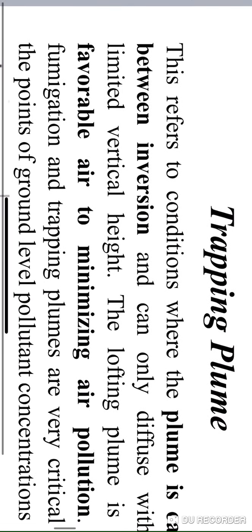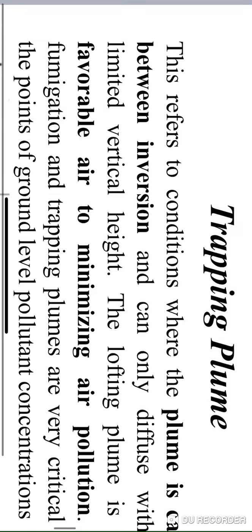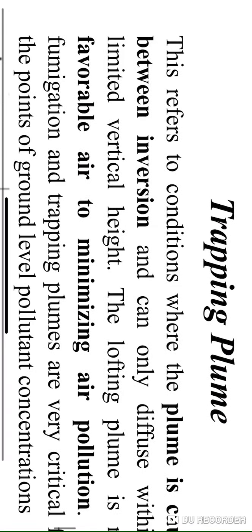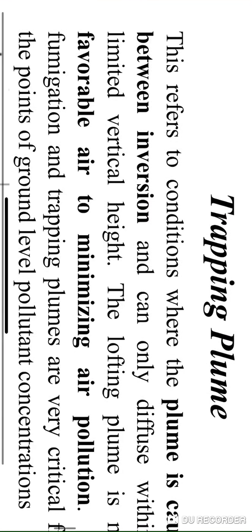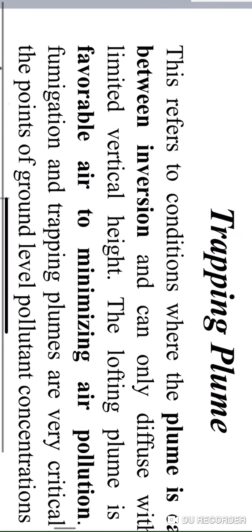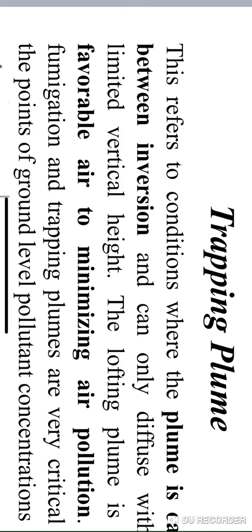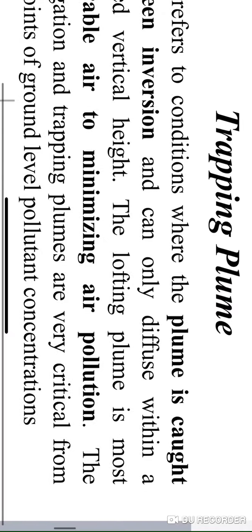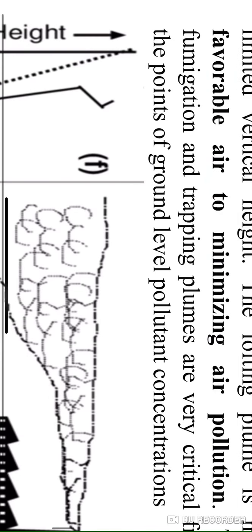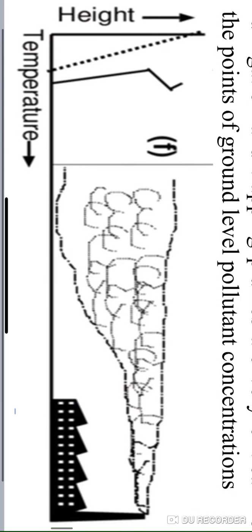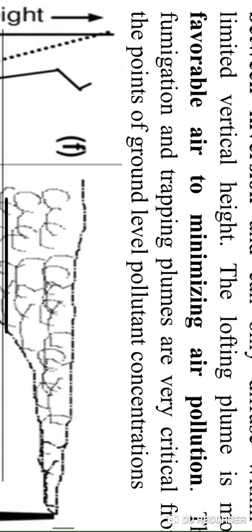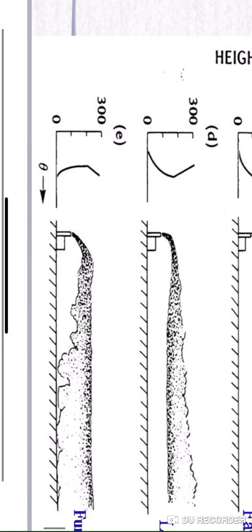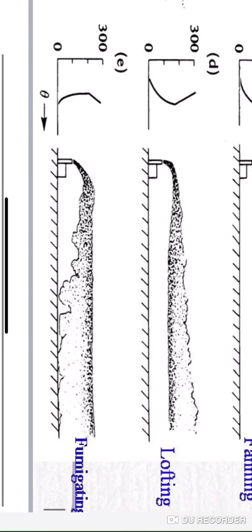Now we'll see the trapping plume. This refers to conditions where the plume is caught between inversions and can only diffuse within a limited vertical height. The lofting plume is most favorable for minimizing air pollution. The fumigation and trapping plumes are very critical from the point of view of ground level pollutant concentration. So this is the example of trapping. For your understanding, I have drawn all these figures once again here